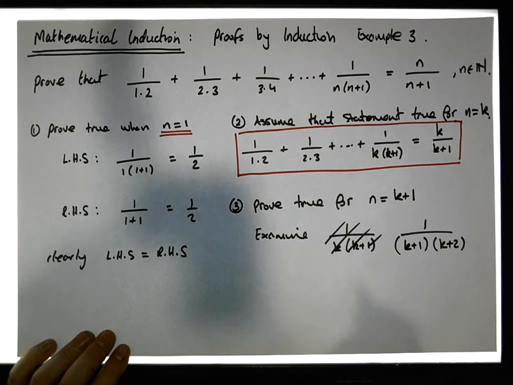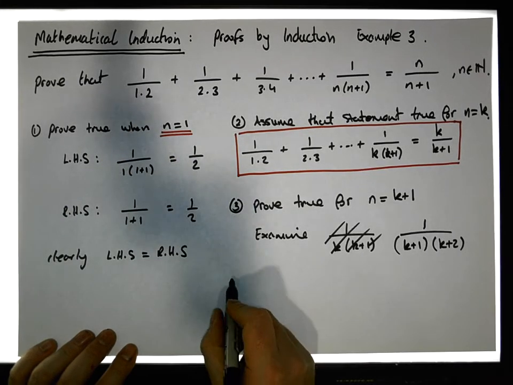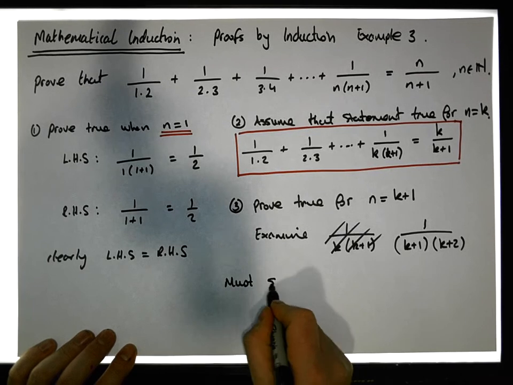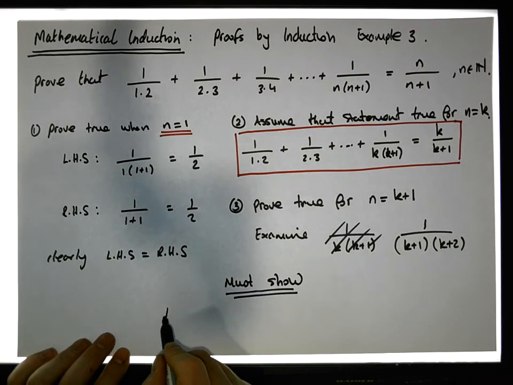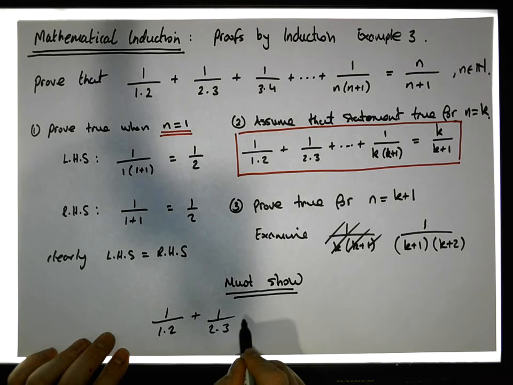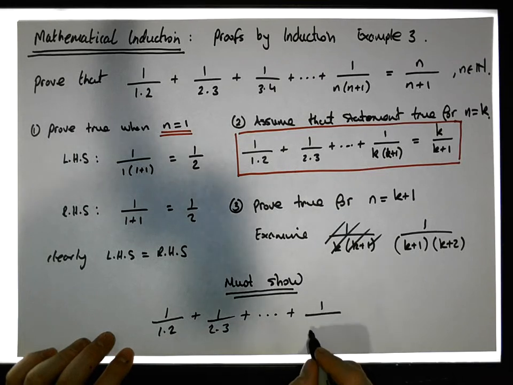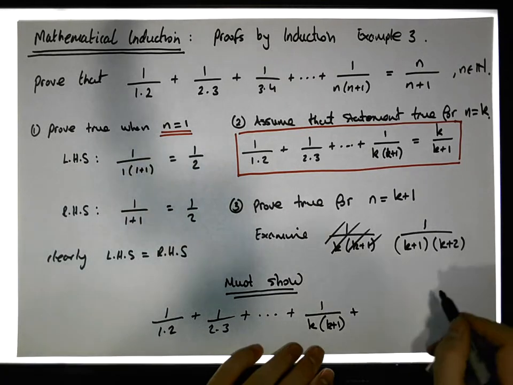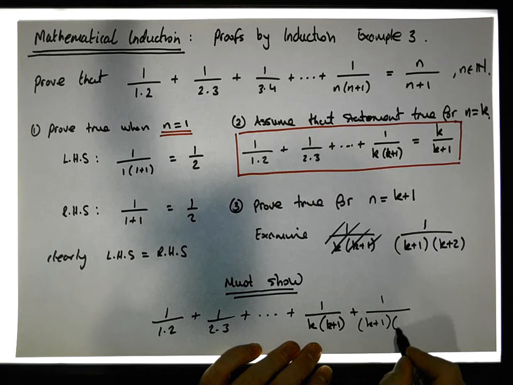So what do we need to prove? Well, we must show, and I'll just underline this here. What do we have to show? We have to show that 1 over 1 times 2 plus 1 over 2 times 3 plus all the way through to 1 over k times k plus 1, plus the next term after it, which is 1 over k plus 1 times k plus 2,